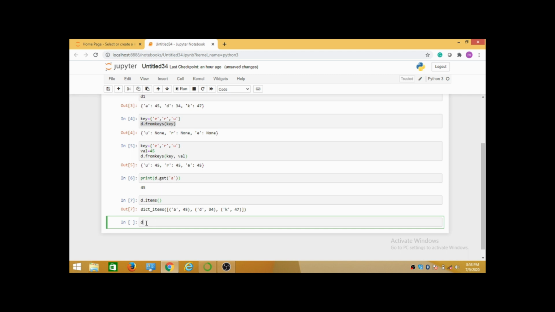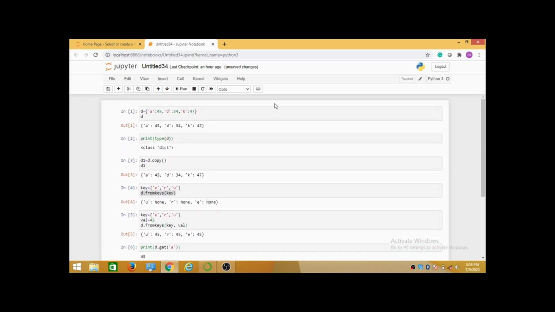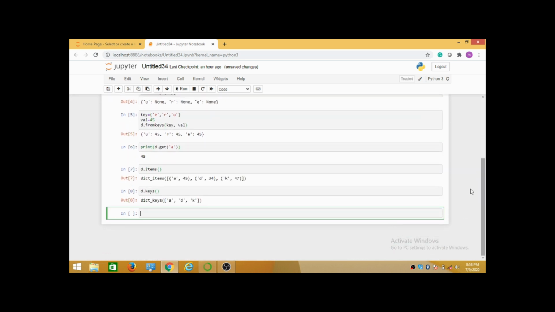Next is d dot keys. When you use this keys function, you get the keys available in our dictionary. We are getting the keys only. See, in the first dictionary I gave three keys here. The keys are a, d, k. So I am getting those keys only here. So d keys gives a, d, k.